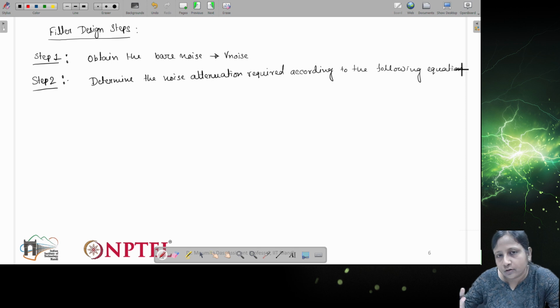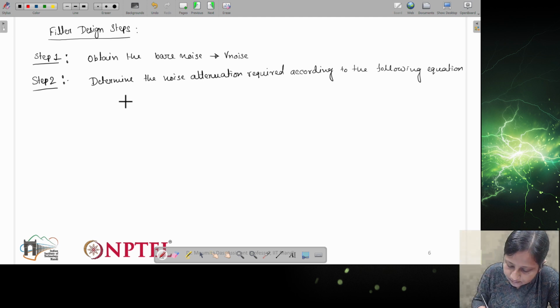So we have the bare noise, we know the standard, then we can find out what is the attenuation required. So that we can actually represent as attenuation, which will be in dB,